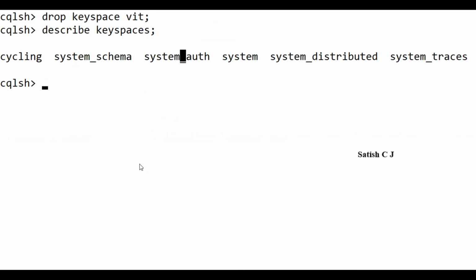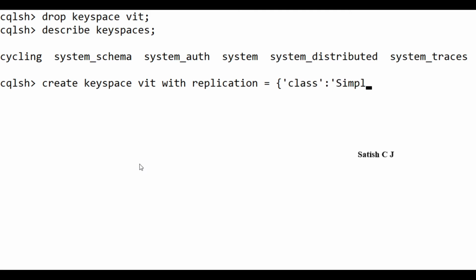So what I will do is I will just go and create this keyspace again, create keyspace VIT, since we are going to use this keyspace, and with the replication is equal to, then we have to give the class.